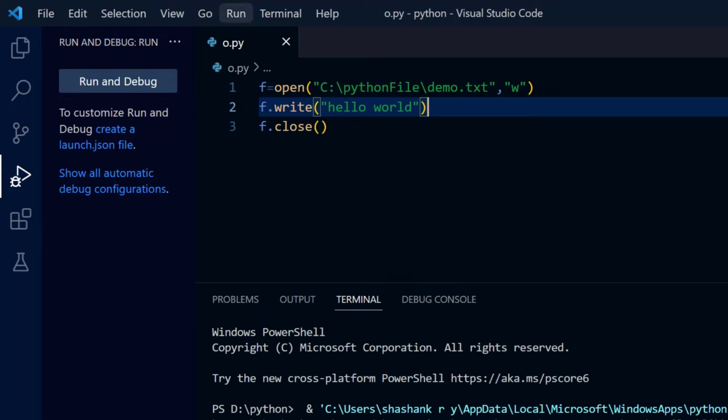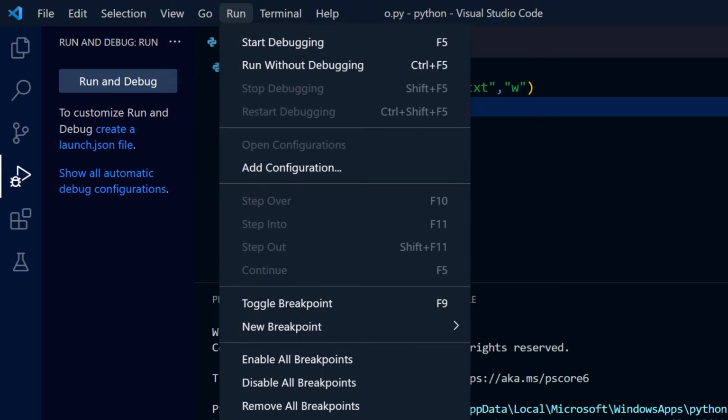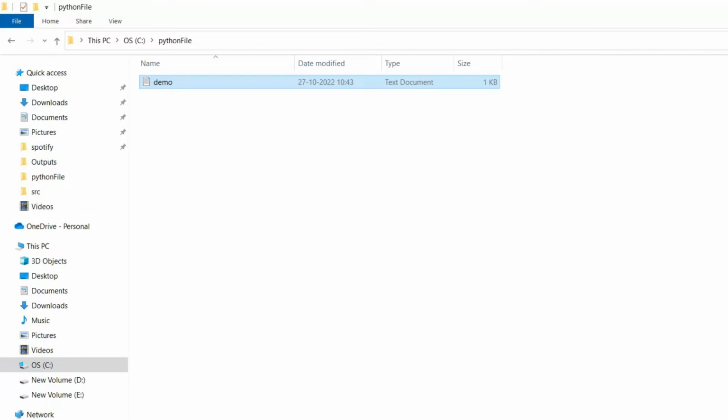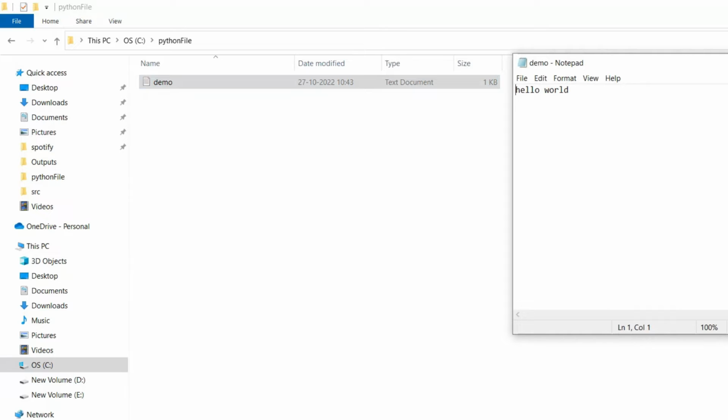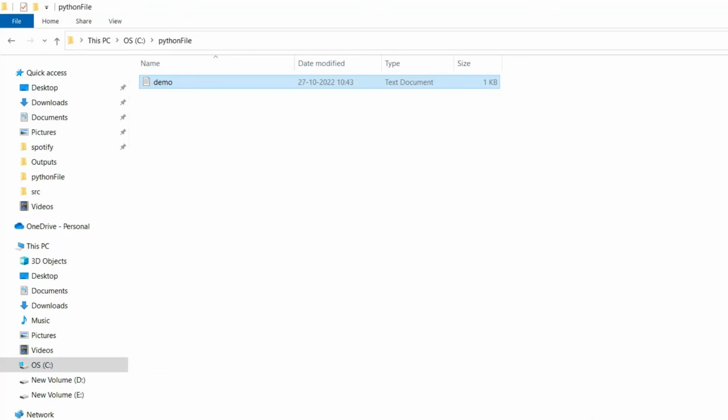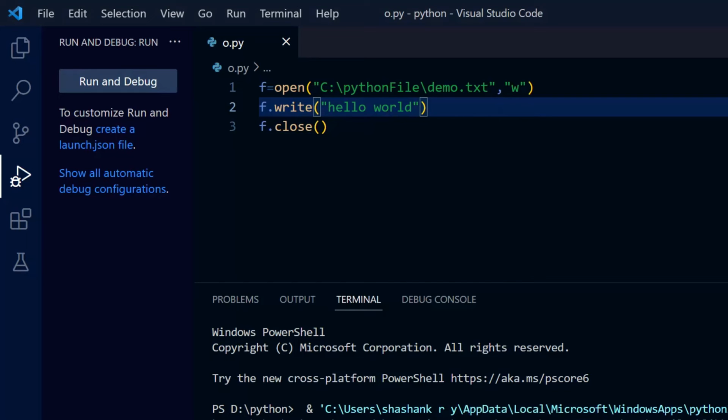I just run this program and it is going to write something into that demo.txt file. Let's check it. I just double click on the file. Well, you have the hello world here, and this is how we create an overwrite using this write function. If you don't want to overwrite anything, like you want to add the information to the